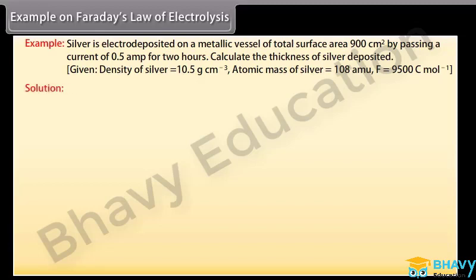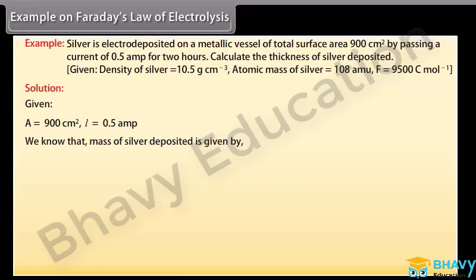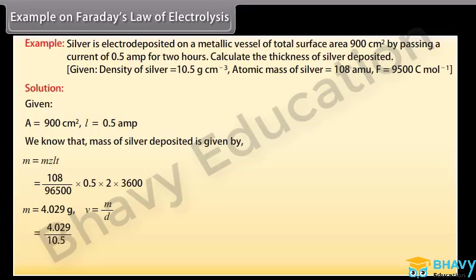Let's see the solution. Here the given values are A = 900 cm², I = 0.5 ampere. We know that the mass of silver deposited is given by M = ZIt. By putting the values, we get M = 4.029 gram. We know that V = M/D. By putting the values, we get V is equal to